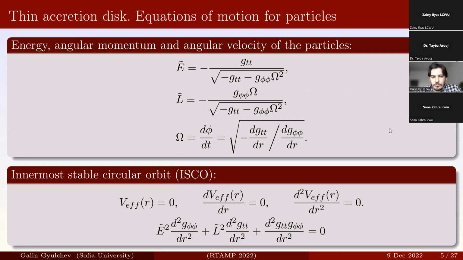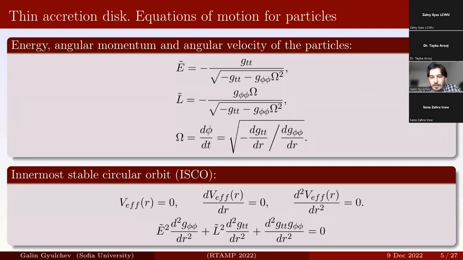So if we continue further, if we want to check whether these orbits are stable or not, or in other words, if we want to see if at one moment of time we have a creation of a circular orbit and then understand whether this orbit is stable or not, and if it is stable to exist on an accretion disk, we can take into account one additional condition which gives us the opportunity to find exactly the situation when we are starting to lose the stability,